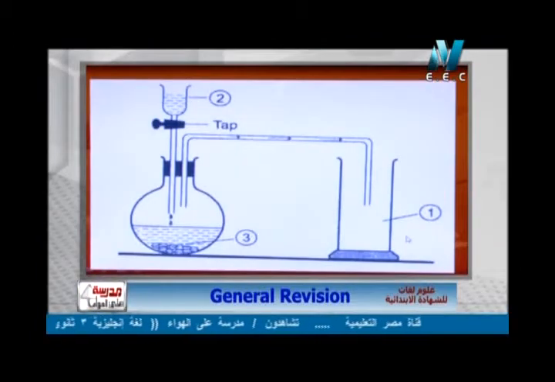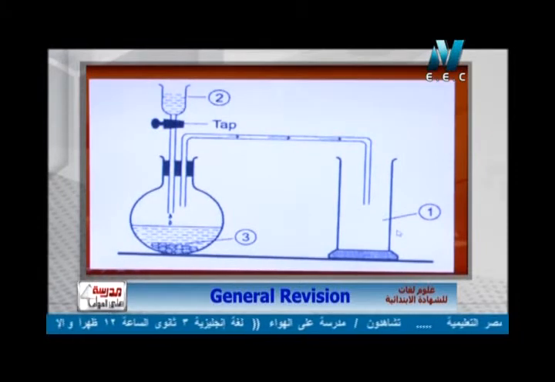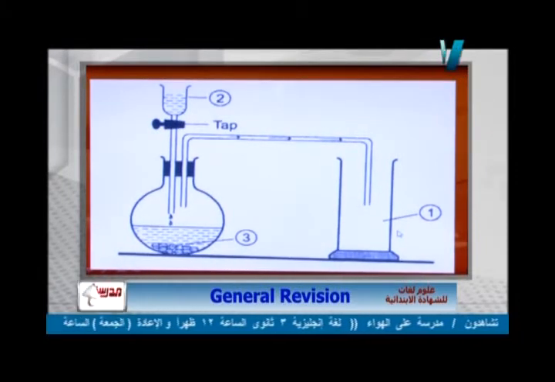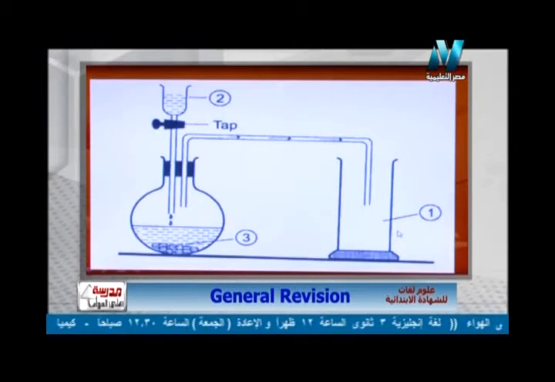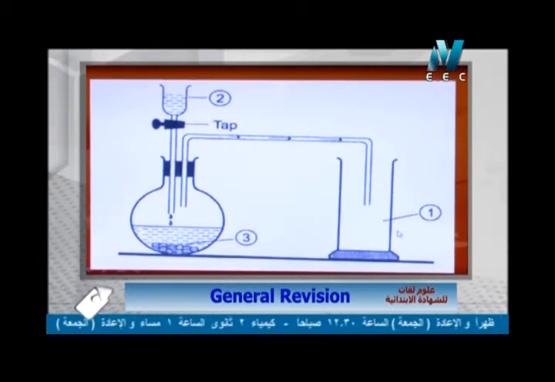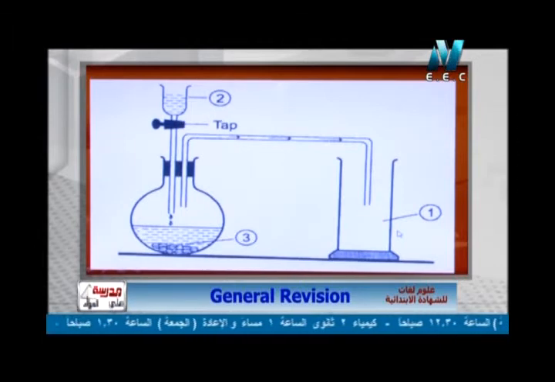I have here an image for carbon dioxide gas. Here, number one is what? Number one will be carbon dioxide gas. Number two is the hydrochloric acid or any acid available at your home, such as vinegar, such as lemon juice, and also